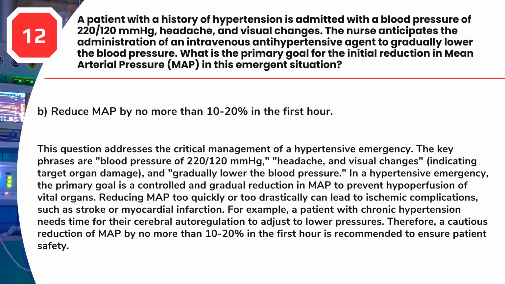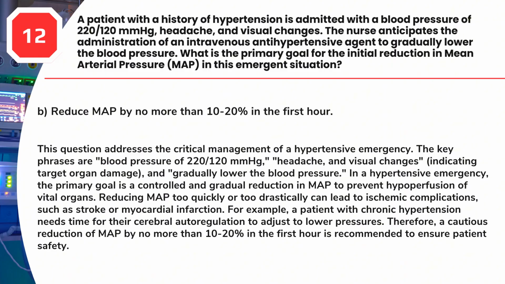Answer, B. Reduce MAP by no more than 10 to 20% in the first hour. This question addresses the critical management of a hypertensive emergency. The key phrases are blood pressure of 220/120 mmHg, headache, and visual changes, indicating target organ damage, and gradually lower the blood pressure. In a hypertensive emergency, the primary goal is a controlled and gradual reduction in MAP to prevent